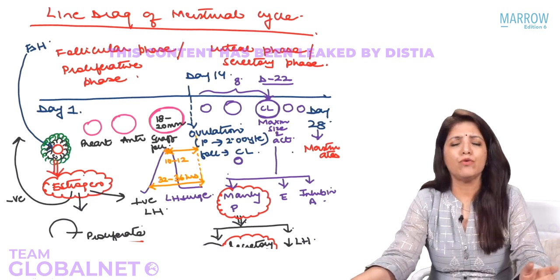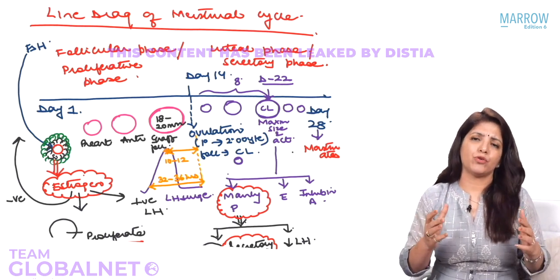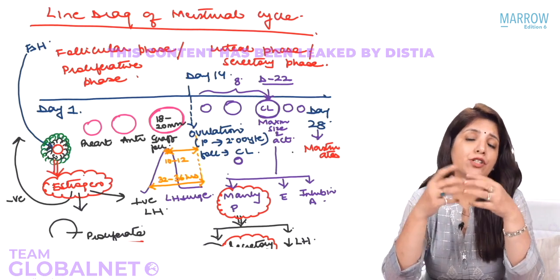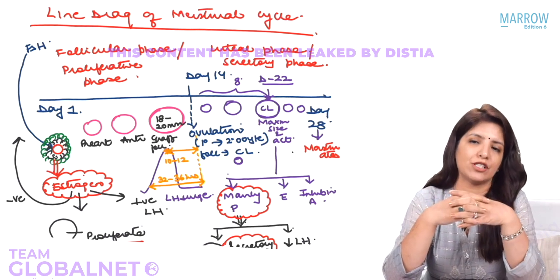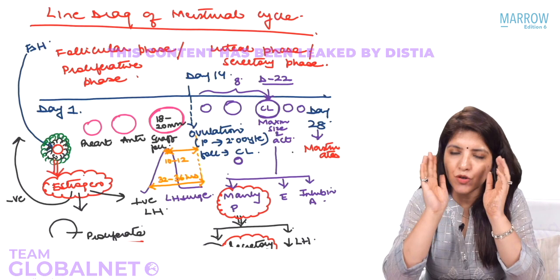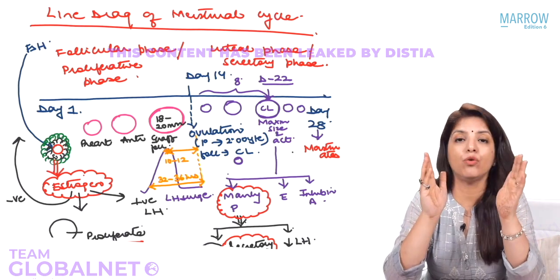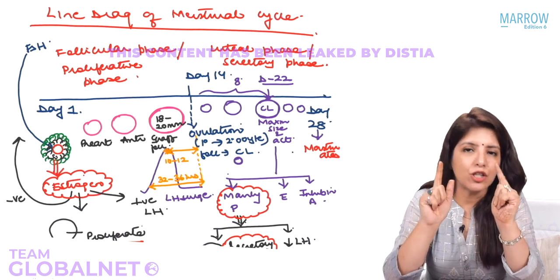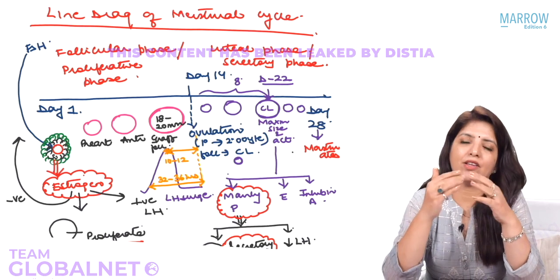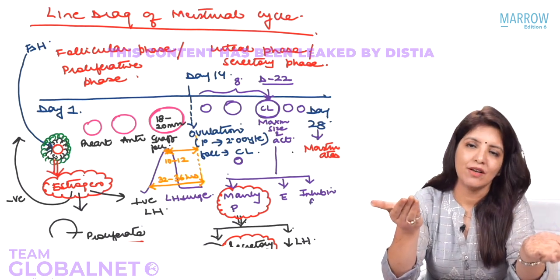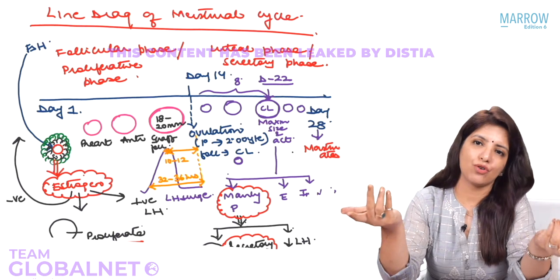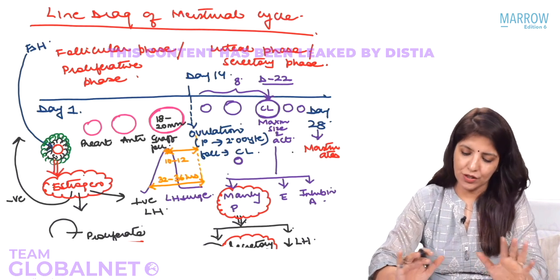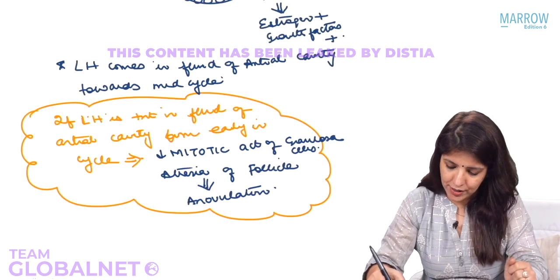Now suppose I don't know anything about a defect which is luteal phase defect. I just get a question which says that a female is having recurrent abortions and the reason for abortion is luteal phase defect. What is the drug of choice? I haven't read this luteal phase defect, but I know that in the luteal phase, the main hormone is progesterone. So this means that in this female there is less progesterone and that is what is leading to abortions. So what will become the drug of choice? Progesterone. Okay. Now, first let's complete all the questions right here. So go back to your important questions and let's complete them.